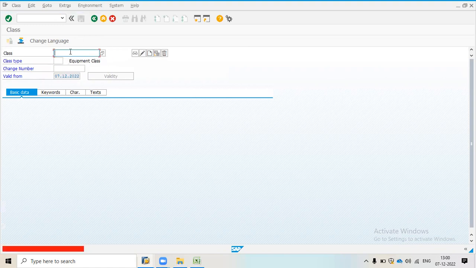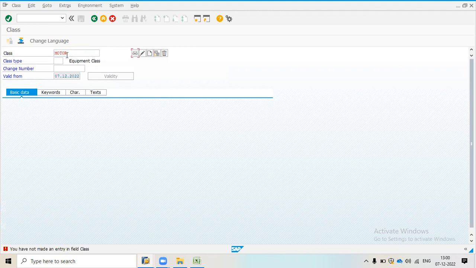First I will type the detail for which I am going to create the class. I'm going to consider a DG set, or rather I can create a motor.